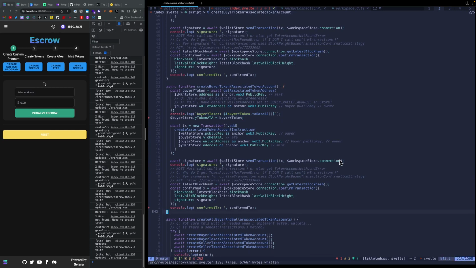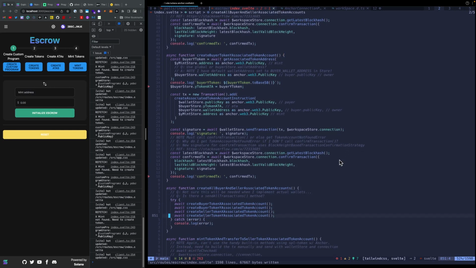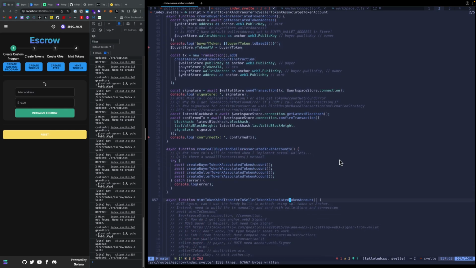I'm gonna come up with something else for tracking the form state, or like with the swap UI. So then creating all of those accounts, it goes through it, does it, and then we have the minting